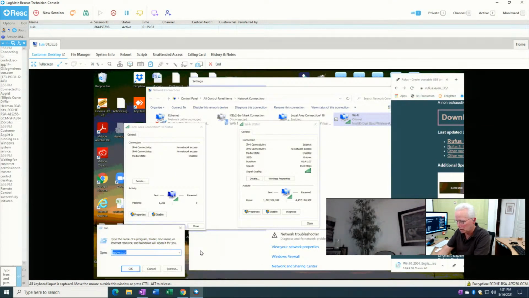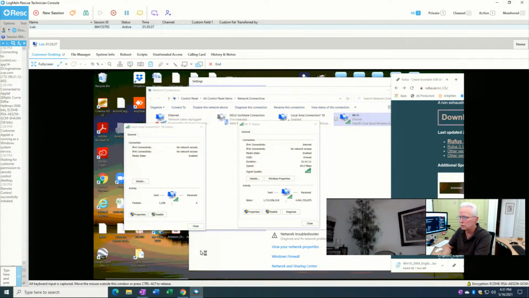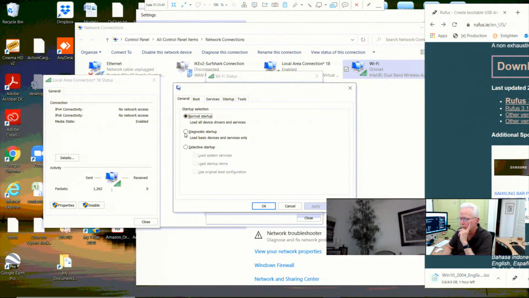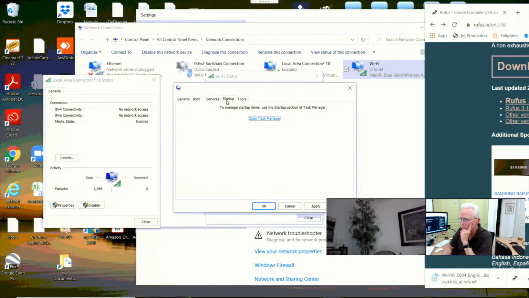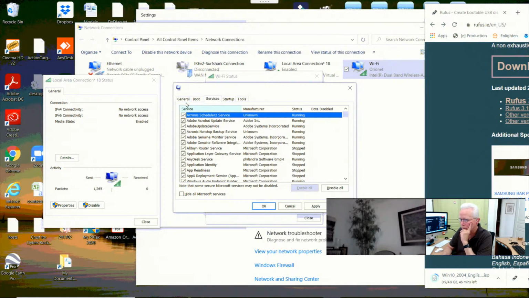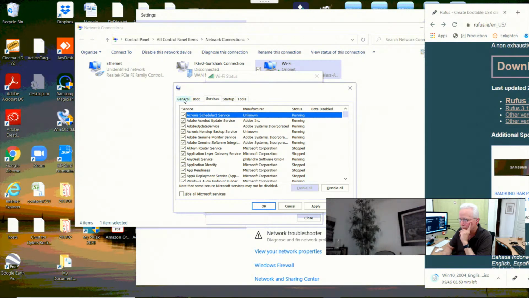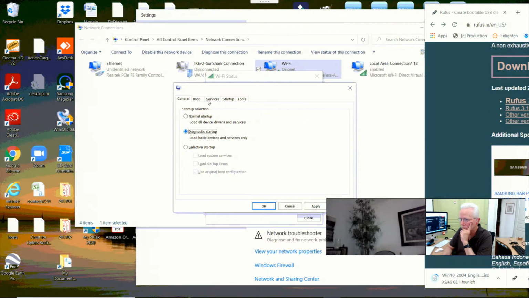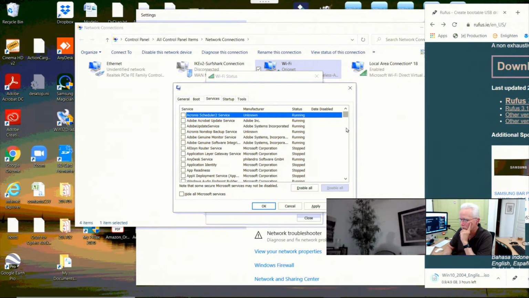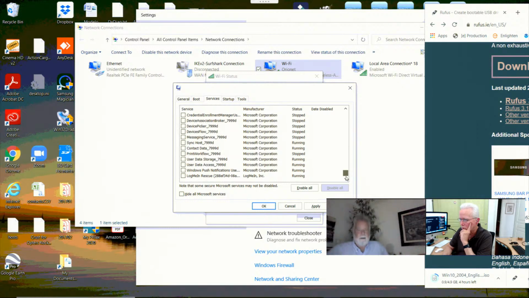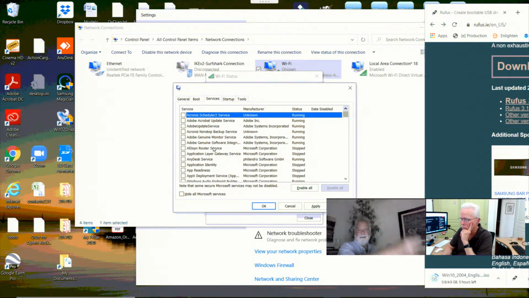So Windows key R, msconfig, enter. What I'm proposing to do here is use this option, load basic devices and services only. It was on normal startup. All these services are selected. The startup tab is on Task Manager now. But when we go to Diagnostic Startup, it unselects a whole bunch of stuff. Now, I don't know if a feature update will run with all those services